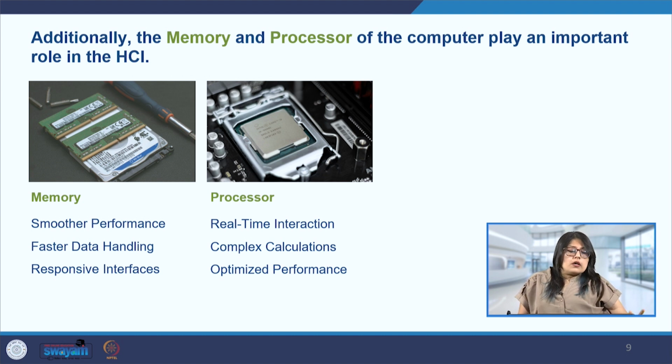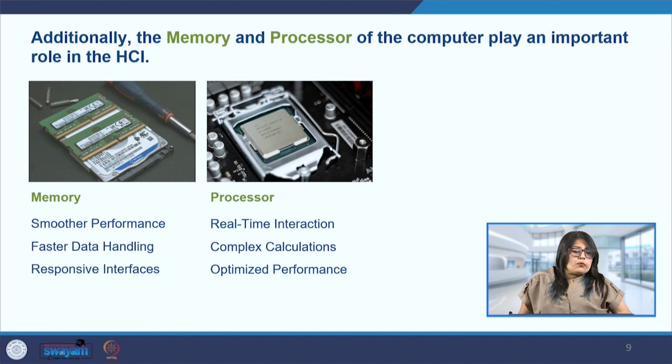The second is the data handling here, the faster data handling, because when we have sufficient memory, it allows us to store data, specifically user data, user preferences, which are critical for personalized experiences. And we need to have a quick access, and some of these features are to be used quite frequently. So that is another role of memory here. And third, we have the responsive interfaces. When we have memory availability, it affects the responsiveness of the interface and enables quick feedback to user interactions, which are crucial for maintaining user engagement and satisfaction.